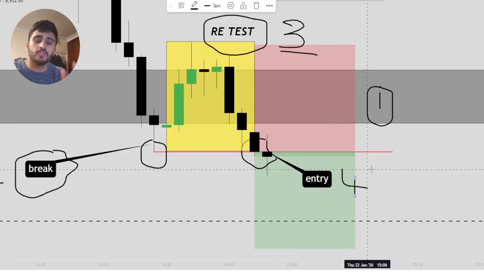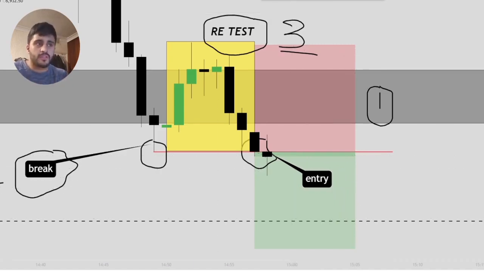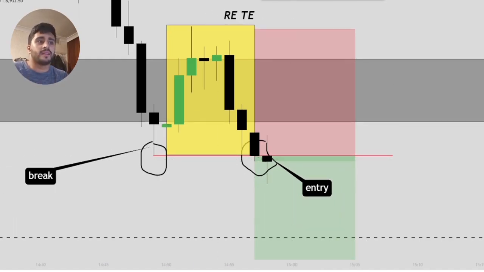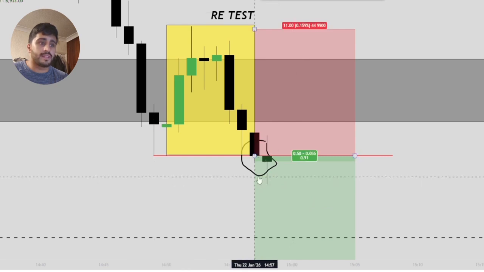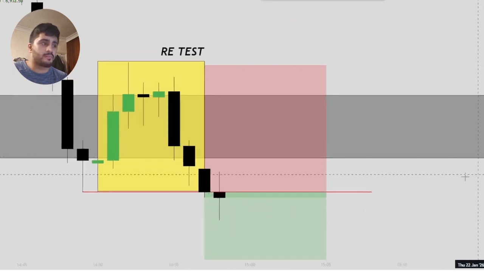So how do you pull the trigger? That's what I'm going to go through in this video. Pulling the trigger basically comes down to reading the retest. So I'm going to clear my charts. Let's now go to the order flow or ATAS platform. Let's break this down step by step. So the yellow